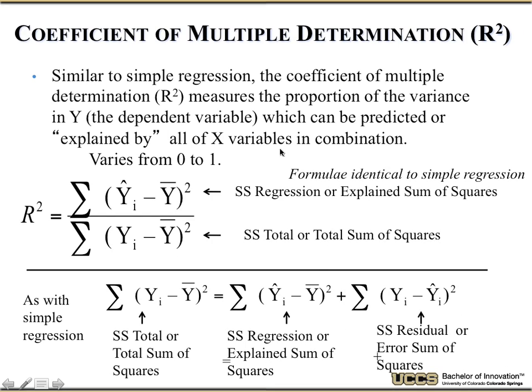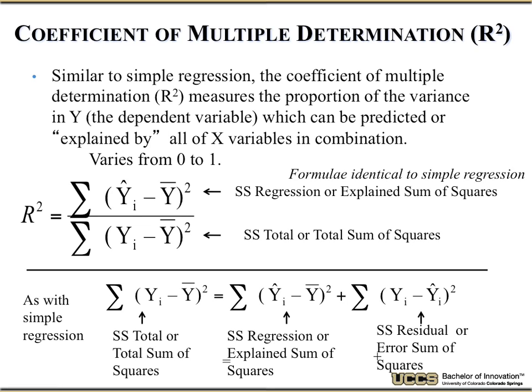So the coefficient of determination, r squared, and some of these packages, by the way, when they do correlation, I think I'll probably show you an example in a little bit. They will generally give you r and r squared. They will compute both of them for you so you can sort of see what they are. But again, it's the same formula. It's the difference between the predicted value and the average of the true values squared divided by the raw values minus the average of those values squared, similar to the same way it was before. So it's really just the same thing.